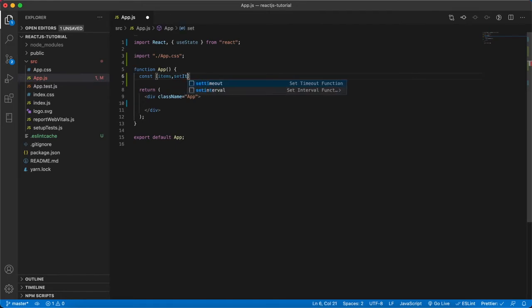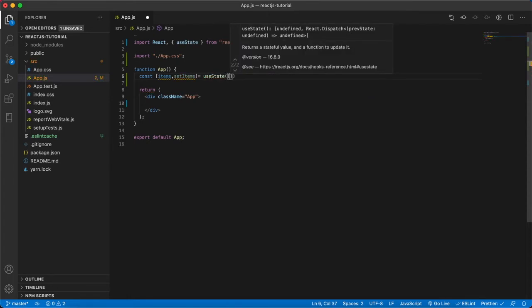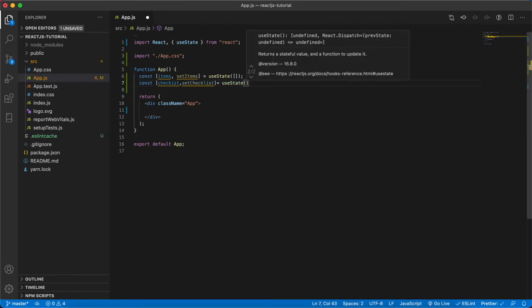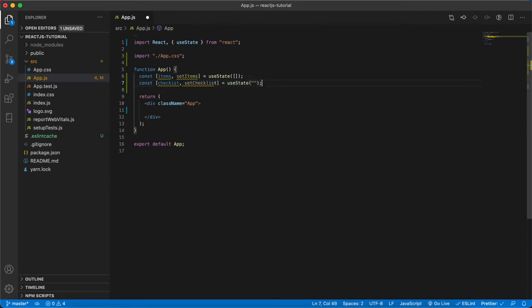So how to play with an array? Here I'm defining items and setItems, where setItems takes an empty array. What we are going to achieve here is a text box where you enter a checklist item, then you press enter, and that will be added to the array list. We are passing the array as a prop to the second component that we are going to create in the next few minutes. So you will understand the concept of props.